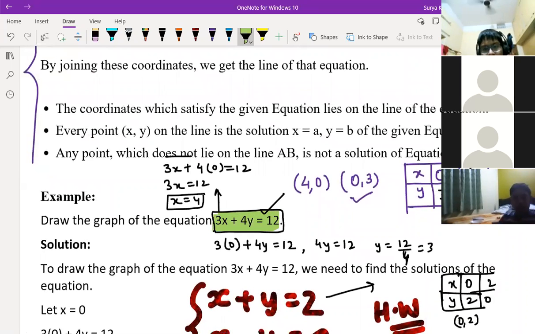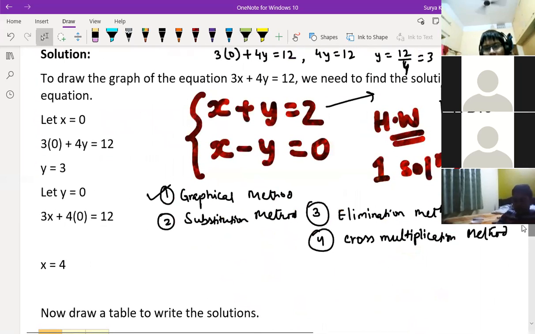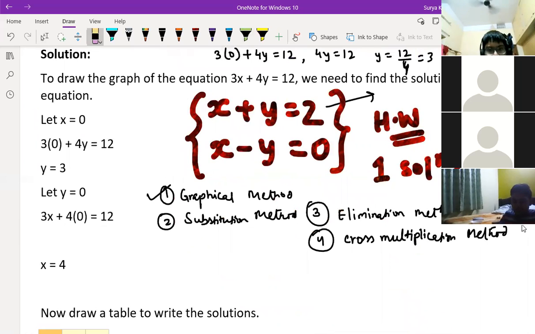So what I told you: once x is equal to 0, y is equal to 3 you are getting. And y is equal to 0, x is 4 you are getting. So these are the two coordinates, right? You should match them. That is a line, understood? That's it. So this is for one line. So for the graphical method, you have to draw how many lines? Two lines, and if they intersect at one place, you get only one answer. Is it clear, children? Graphical method is clear to everyone? Sahil? Yes, sir.